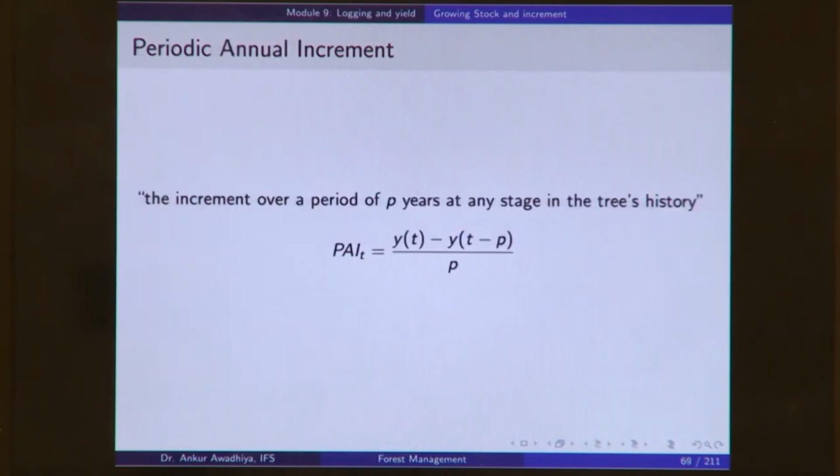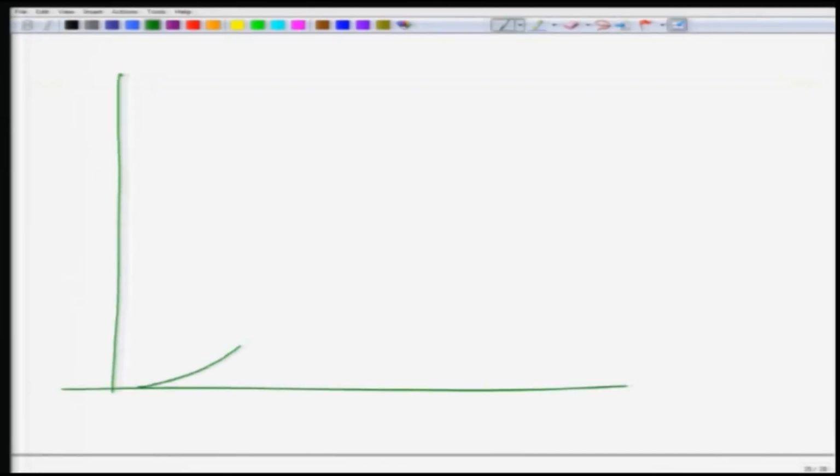Now, this increment is typically measured in terms of periodic annual increment, current annual increment, or mean annual increment. These are defined as follows: the periodic annual increment is the increment over a period of p years at any stage in the tree's history. So, what we are saying here is that let us plot this. This is V versus T,